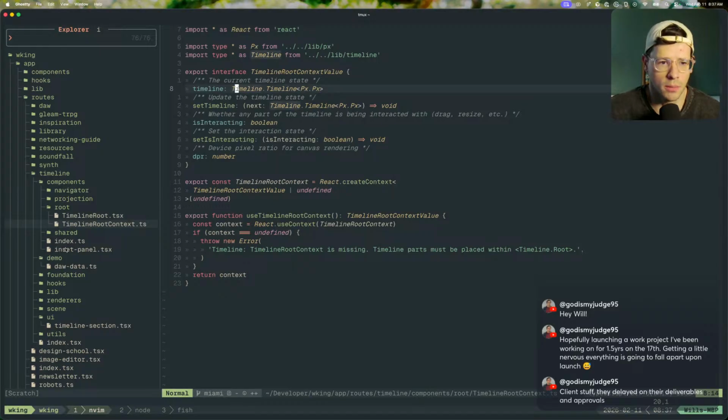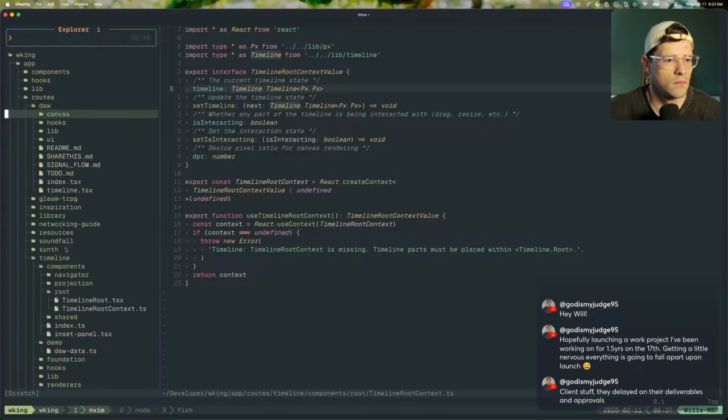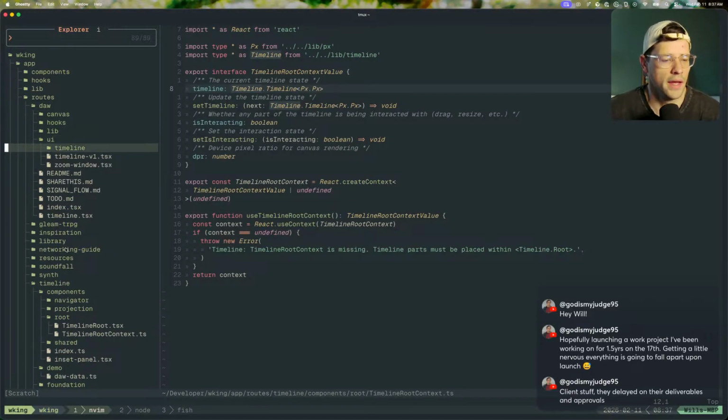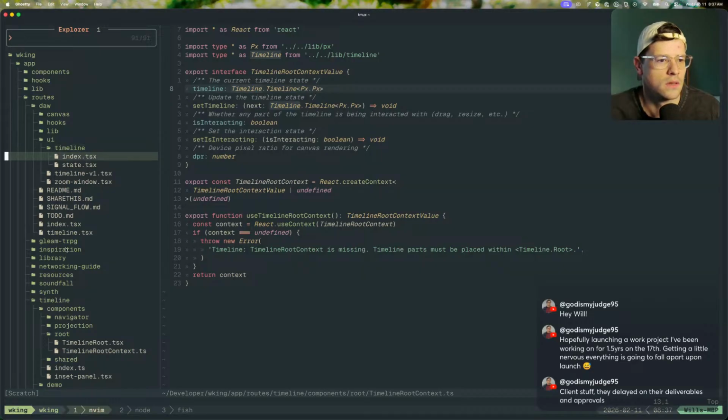Oh, so we are doing a pixel timeline for this demo. Here, we can go look at this. I have another timeline. And this one, I'm pretty sure, is in